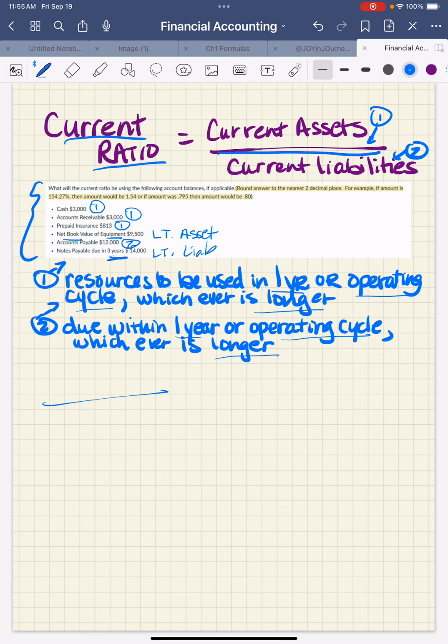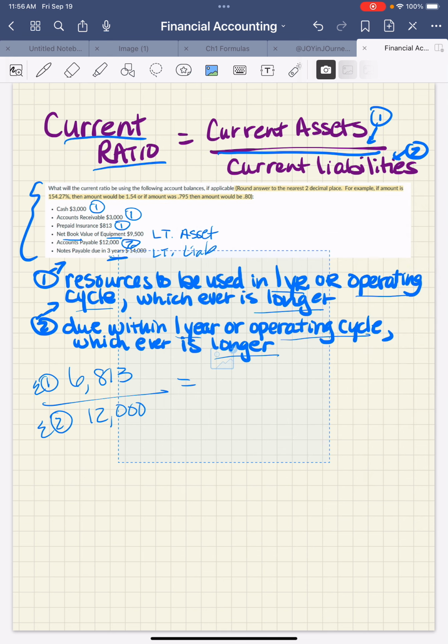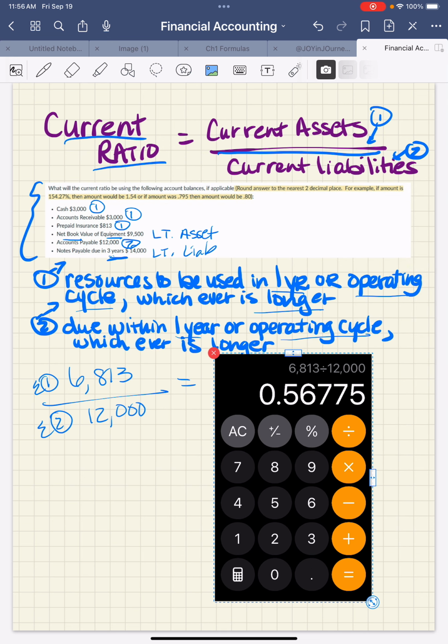So we'll go ahead and take the current asset amount, which is the sum of all the ones, and that is $6,813. And then we'll take the sum of all the twos, which is only one, so that's pretty simple, 12,000. Do the math, pull up our calculator. What does it say? We have 6,813 divided by 12,000. The number we get is,